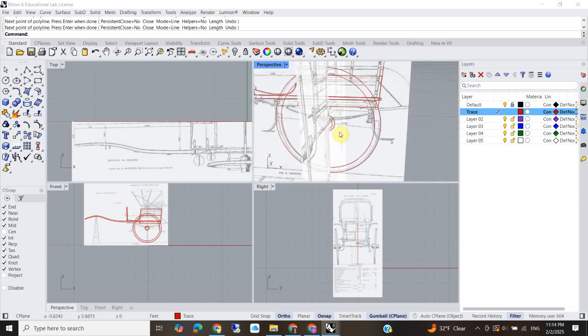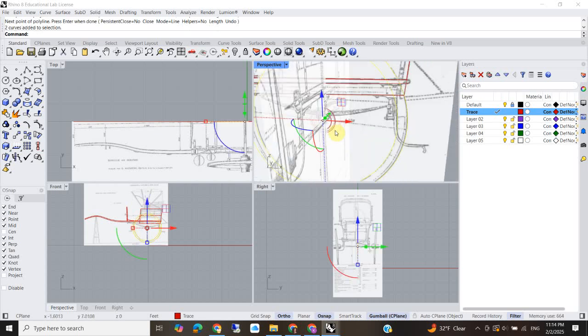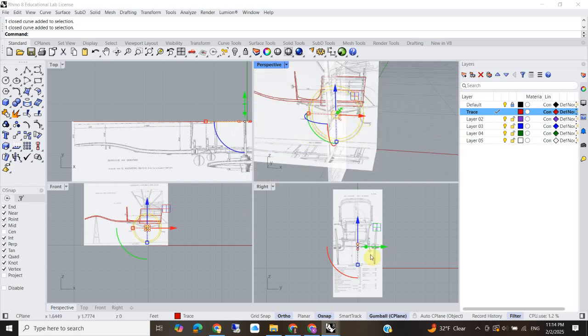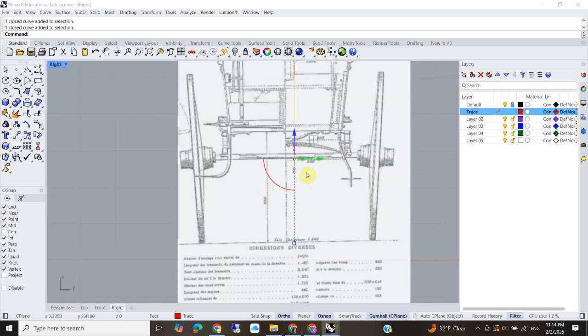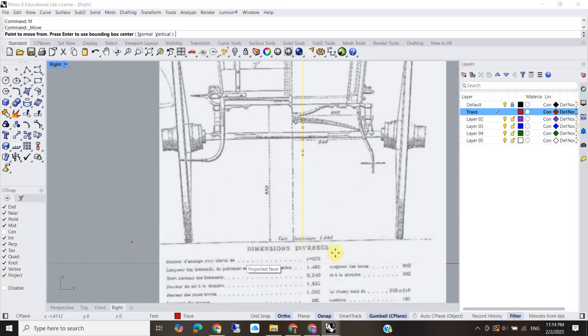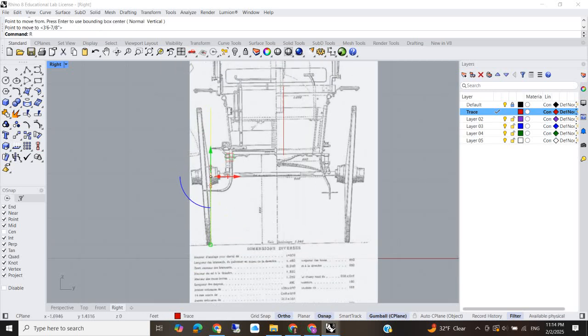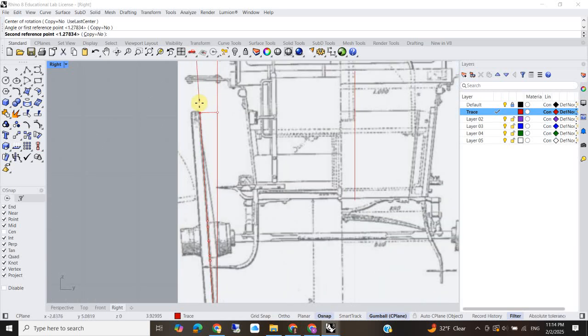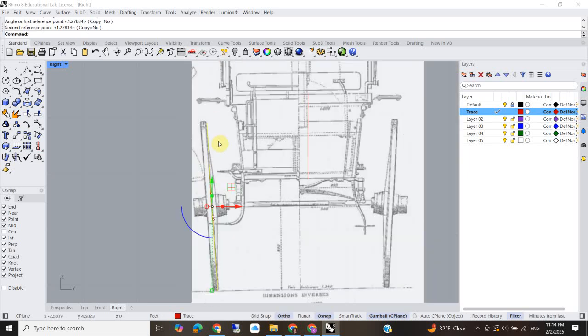So I'm going to start out with the wheel. I'm going to select this as well as this, and those I might not wind up using, but I'm going to select both of those, and I'm going to go into my right view, type in M, enter, and here I will turn on project just so I don't move things inadvertently in a view I don't mean to, and I'm going to move those over to here. Then I'm going to type in rotate, and I'm going to click on the bottom here for my base point, click on the top, and then hold shift to toggle off my ortho